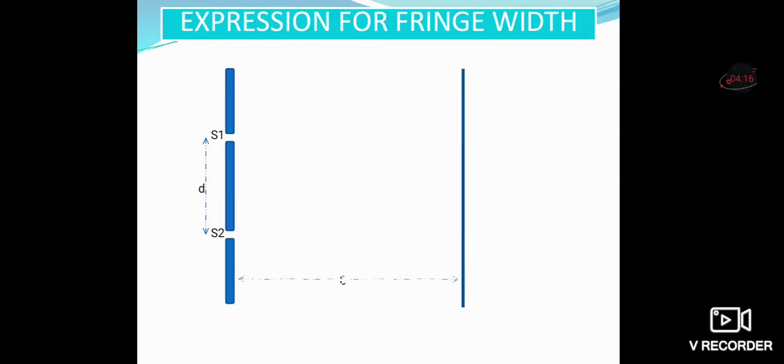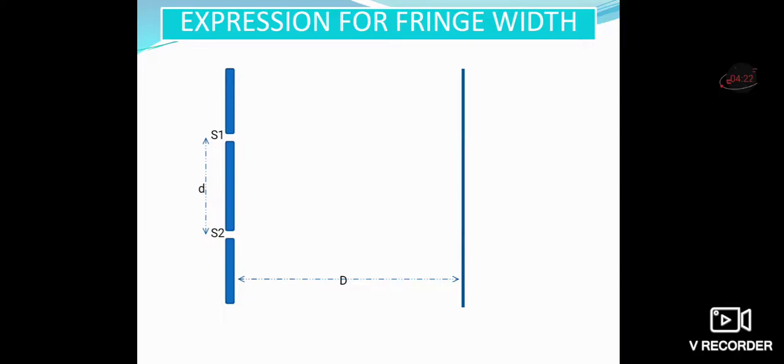Next, we are going to discuss a very important concept, that is the expression for the fringe width. How much is the fringe width? For that we are going to take one derivation. In the figure, just observe, S1 and S2 are the two coherent sources, or generally we can call them slits in Young's double slit experiment. We are using two slits here, therefore it is called Young's double slit experiment, and they are separated by a small distance d. Let a screen be placed at a distance capital D from the coherent sources.